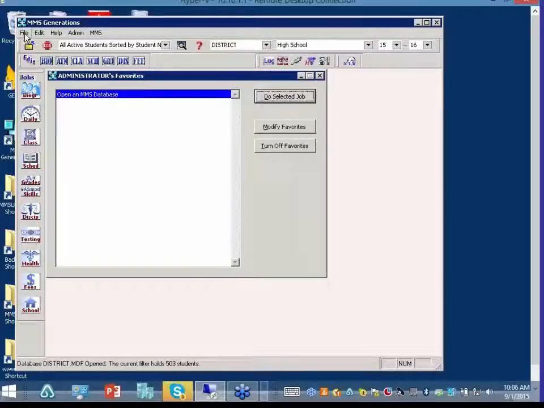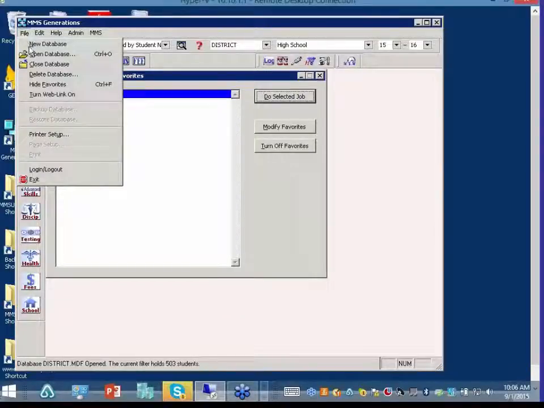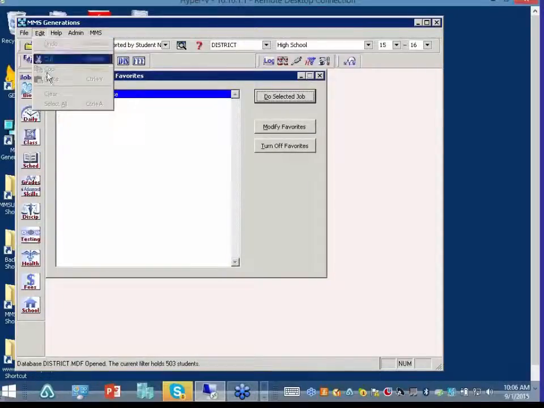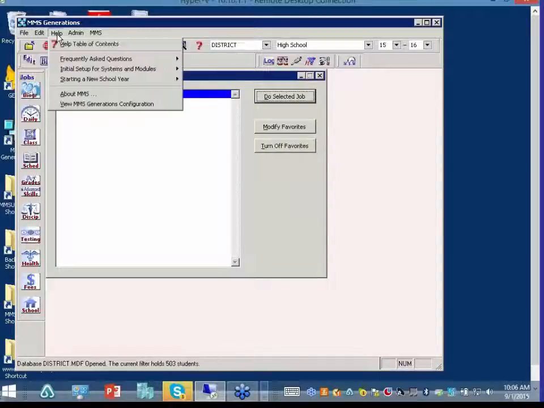The different menus at the top here: you have your basic file menu, and some of them, when you see the icon that's beside it, it's the same as the buttons that are on the system. So I could open my database versus close the database. I can come in and edit, and because I'm not in an editor right now, it's grayed out. I can come into help, which includes the table of contents, or I can even do things like the About